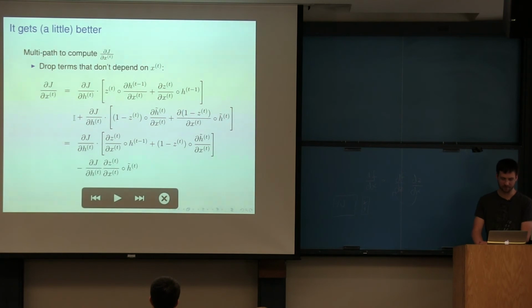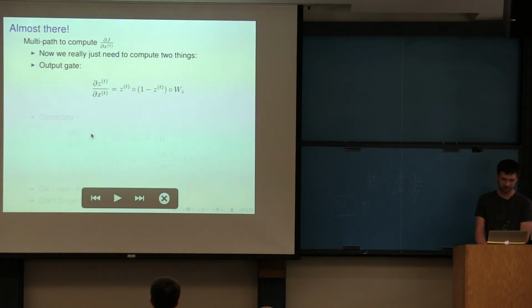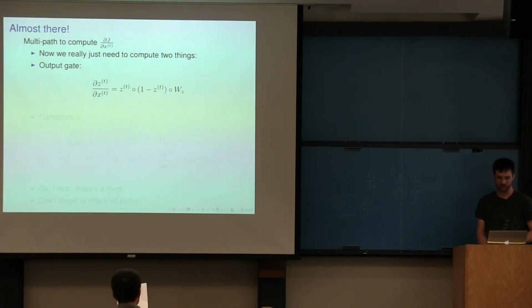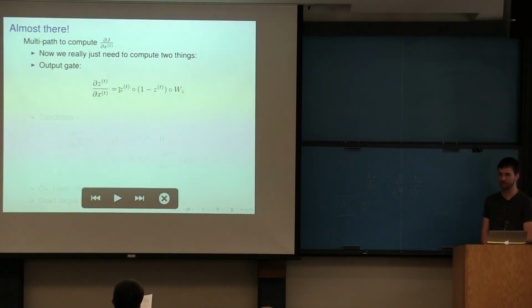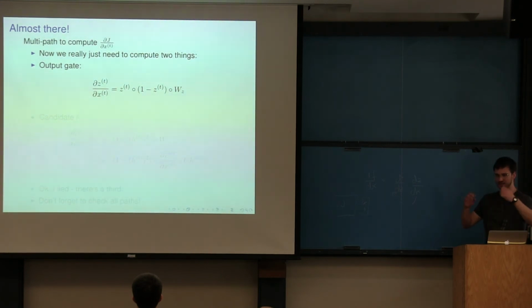And remember that this is just our delta. So for the output gate, this is just the standard gradient with respect to an affine layer with a sigmoid activation function. Again, the gradient is the transpose of this. We're just going to write out derivatives so we can use the chain rule, so the matrix is not transposed here. You go through the nonlinearity and then you go through the matrix. And the element-wise multiplication, technically, is a diagonal matrix, but maybe it's more convenient to write it this way. It's completely equivalent. So that's the output gate.